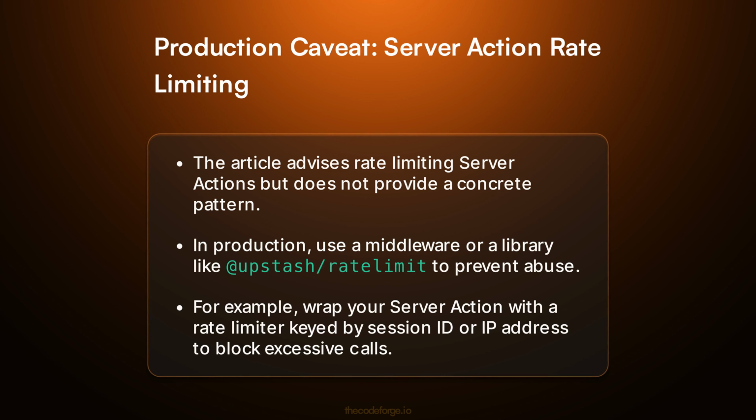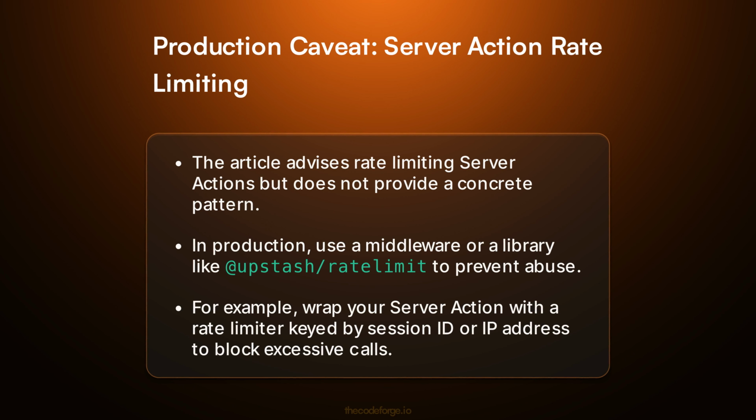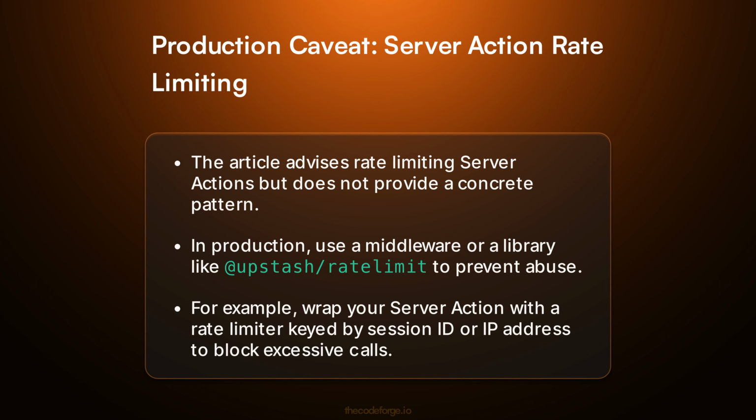The article advises rate-limiting server actions, but does not provide a concrete pattern. In production, use a middleware or a library like @upstash/ratelimit to prevent abuse. For example, wrap your server action with a rate limiter keyed by session ID or IP address to block excessive